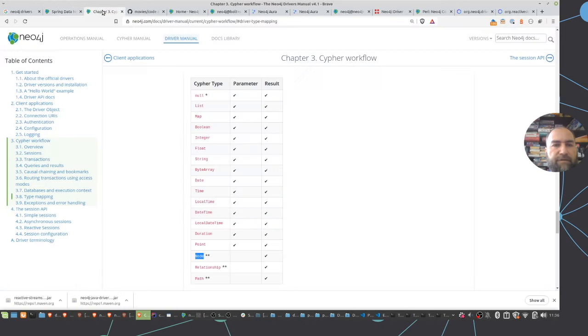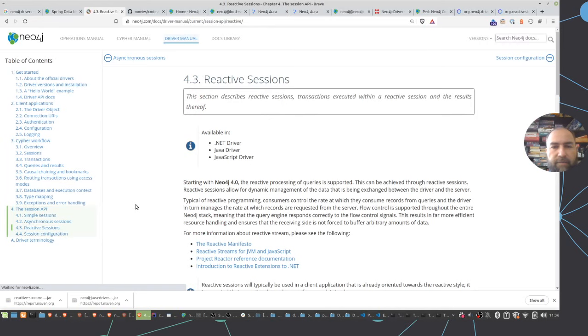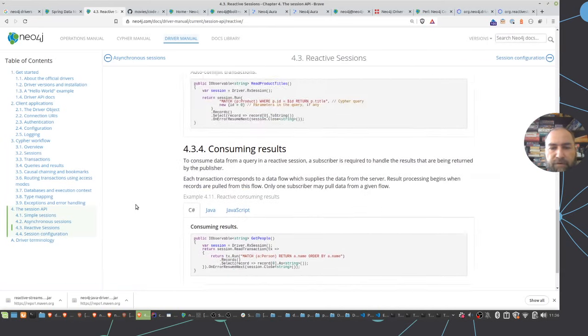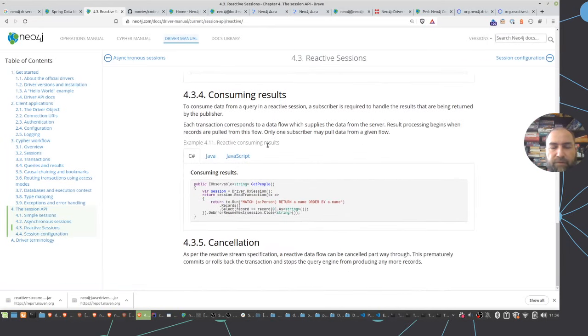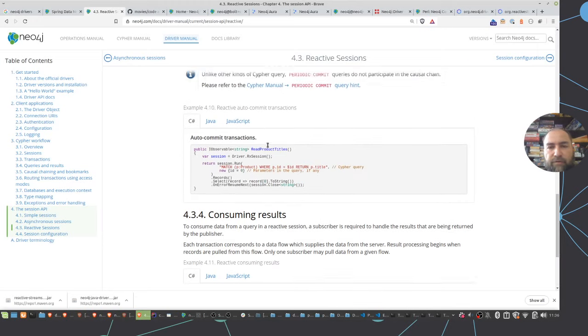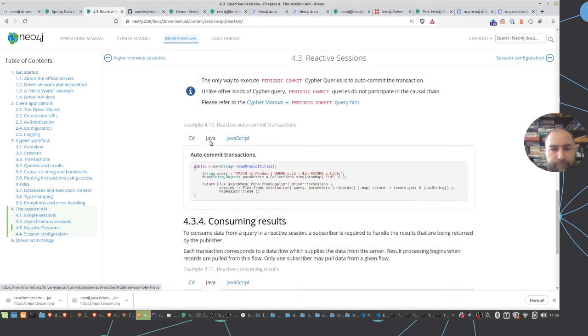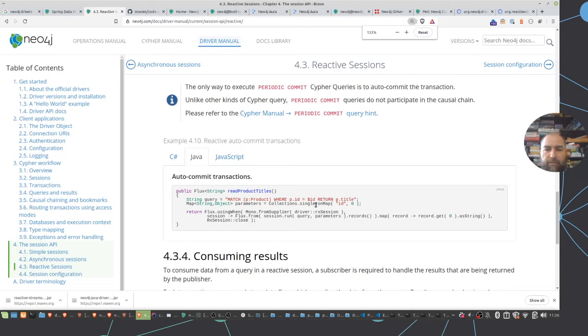Speaking of reactive data access, it's something that I want to show you as well. So most of the Neo4j drivers, because the database supports reactive data access, now also support reactive APIs. So here's the Java example again. Let me make this a little bit bigger, where you basically can use